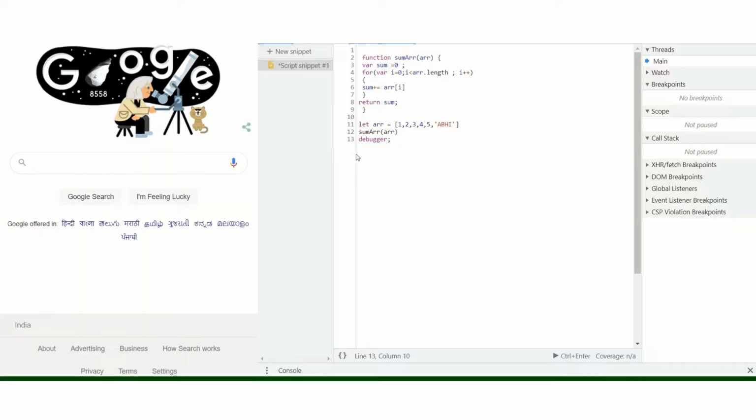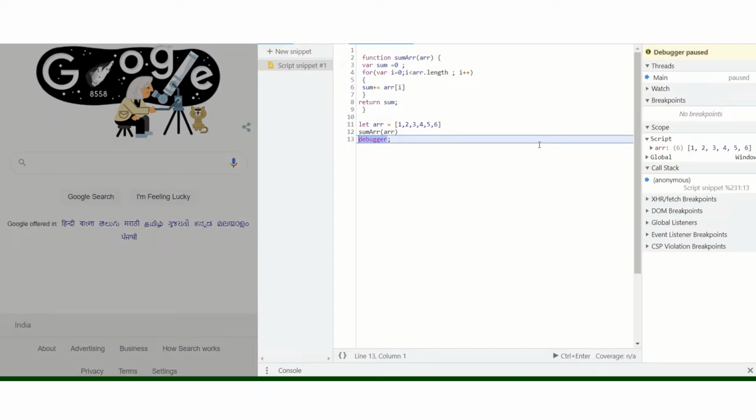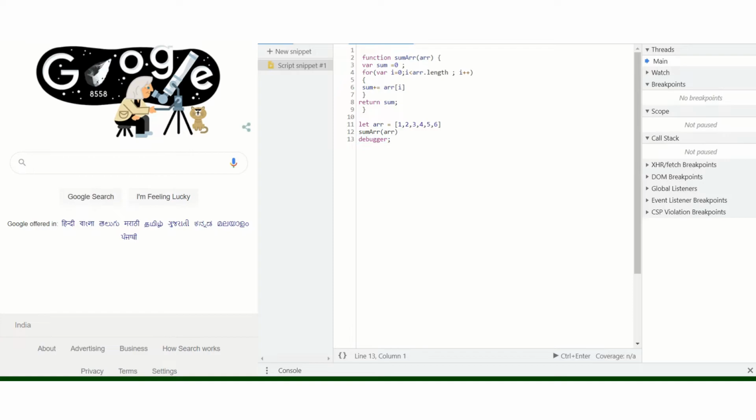Okay, we'll understand the concept. What's a warm piece of code and what's a hot piece of code? Suppose we have this particular function with some array, and we have some calculating logic here. If I comment out this debugger and run this, we can see that it gives us the sum as 21, correct? If I switch on the debugger, give this a breakpoint and then run it, you can see that this particular line